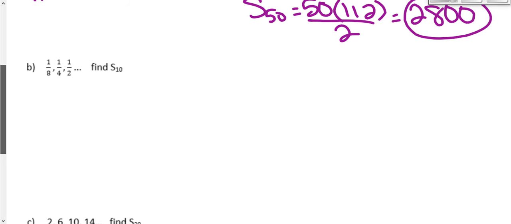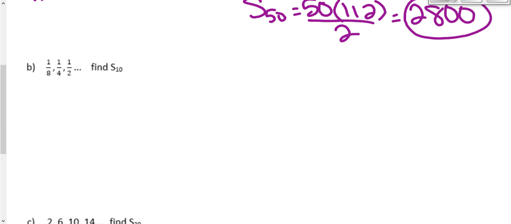For the next problem, I have to, again, figure out what type of formula I'm going to use before I can start calculating. So I have to figure out the formula by finding my pattern. If my pattern is adding or subtracting, I know it's arithmetic and I already know the formula I can use. If my formula is multiplication, then I know it's geometric, and I'm going to have to use the geometric series